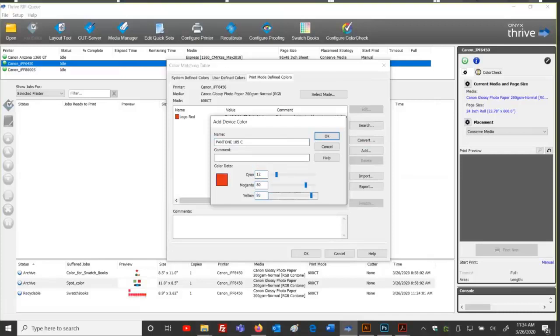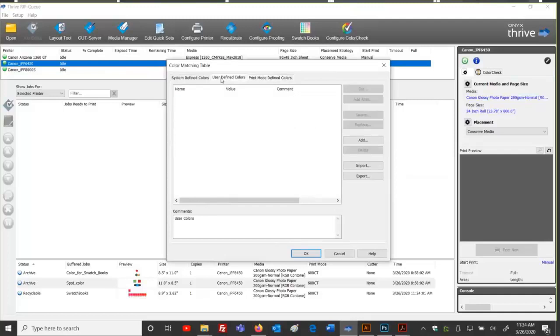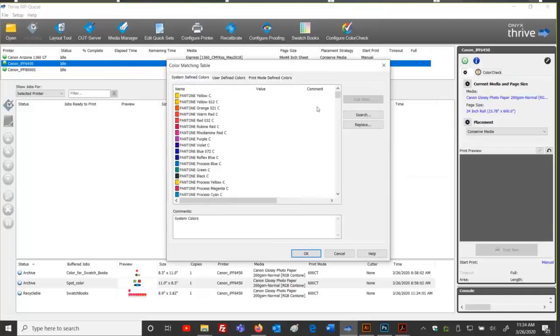Okay. And I say, yep, that's the color right there from Swatchbooks that hits that Pantone 185C and lets me match my Pantone color. So when I put that information in there, Pantone has a higher priority here in the print mode define tab. That has the highest priority. If it doesn't find that name here, it would look here. If it doesn't find it here, then it would resolve here eventually, which is going into our Pantone colors, okay?